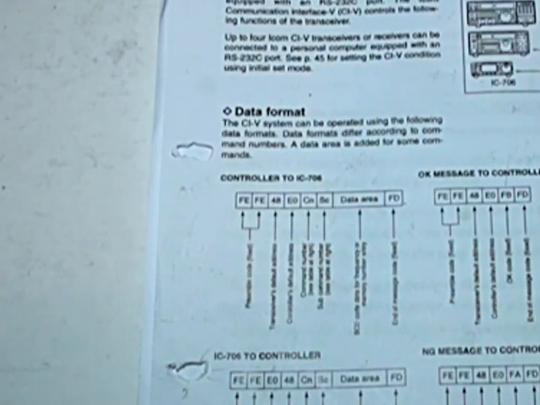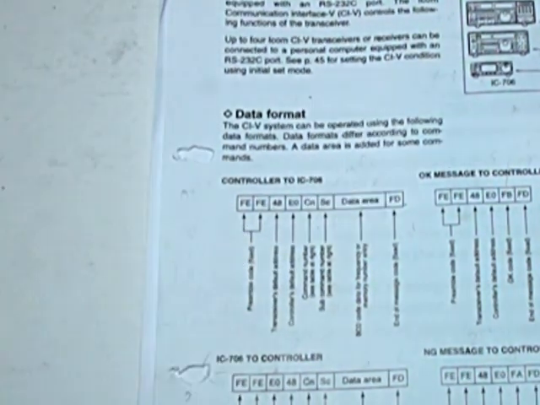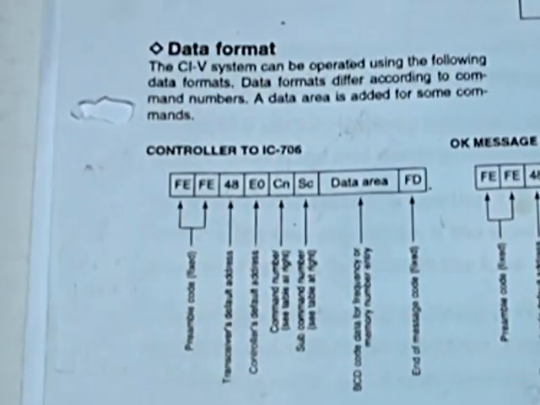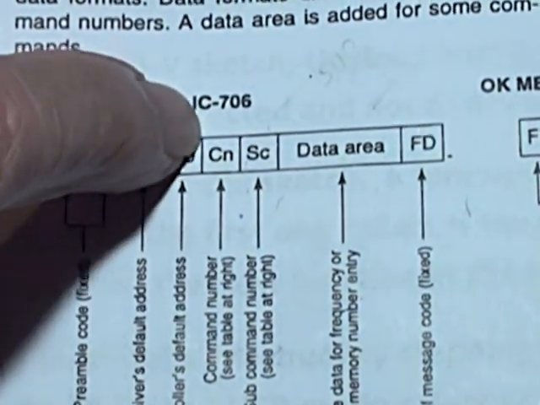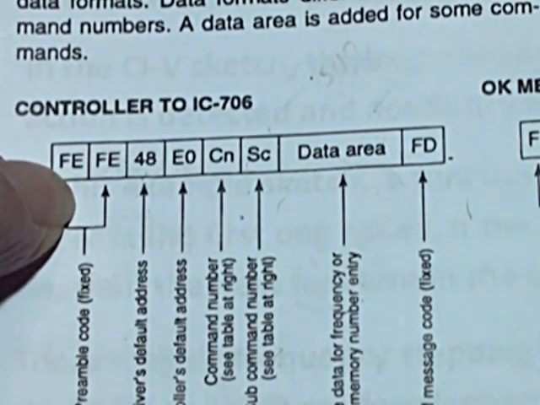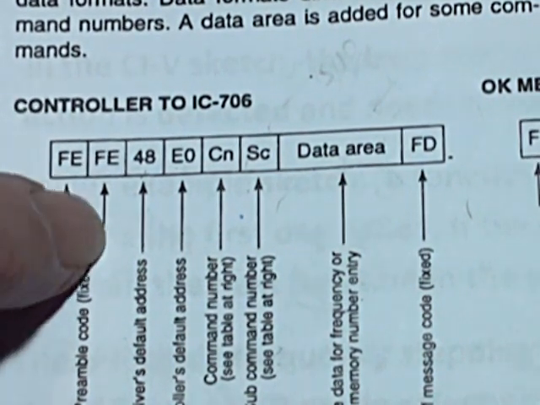The IC 706 uses the CI-V bus system to communicate between the controller and itself. In the manual for the IC 706 there's some information as to how you arrange the CI-V data. I'll go down, for example, on this one here, which details what you have to send from the controller to the IC 706. It starts off with a couple of 8-bit bytes with hexadecimal values in them, FE, this is the wake-up call,